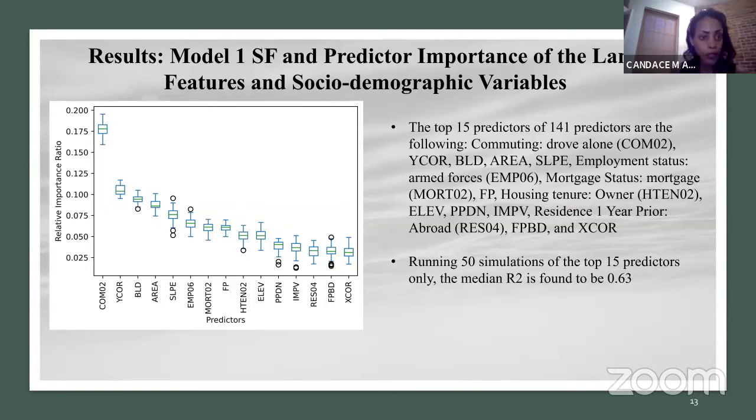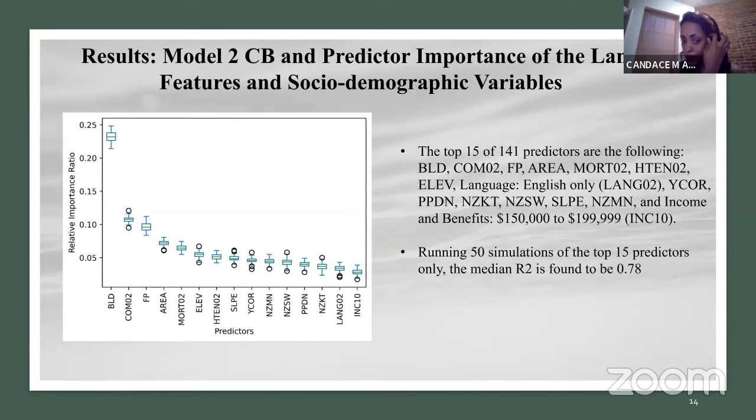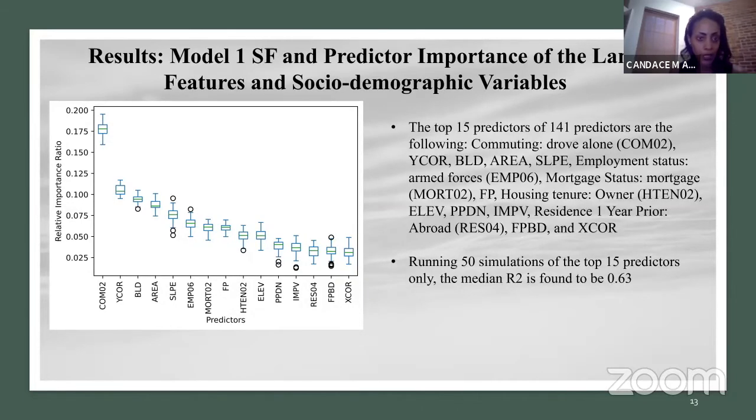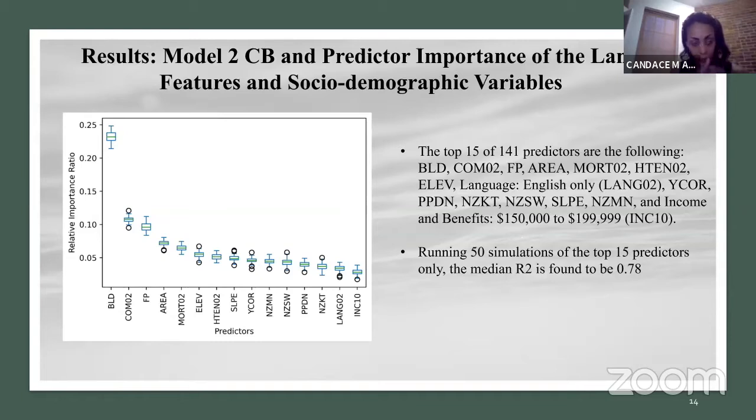when predicting street flooding. So for model 2, we find that building, again, commuting are also in the top 15. This time building is much higher than commuting. And then in this first model, street flooding is the response. For this second model, we're looking at the response towards catch basin, just to get an overall idea. So we see that buildings are a strong predictor for catch basin complaints.